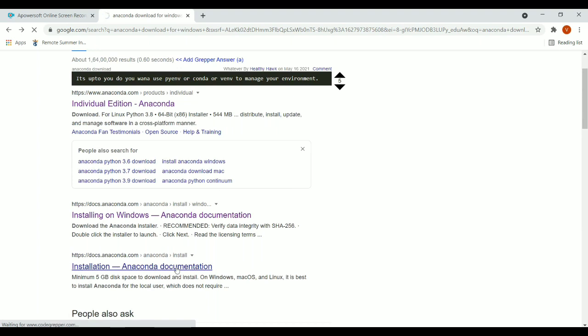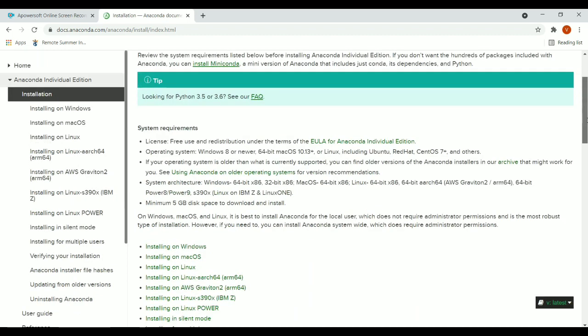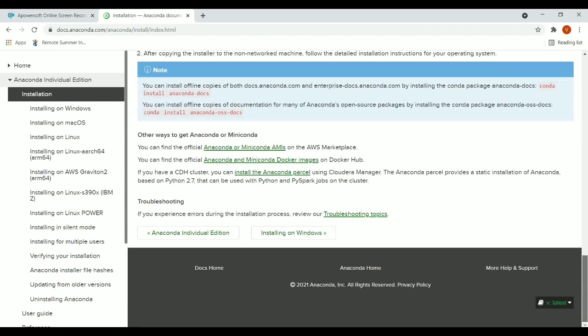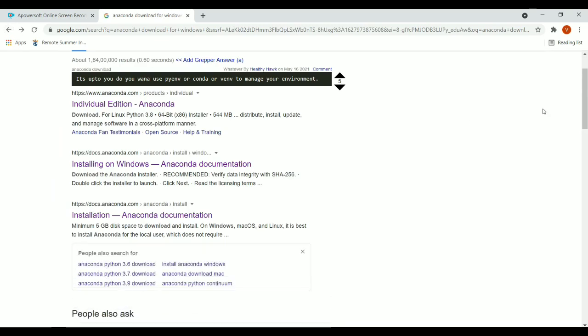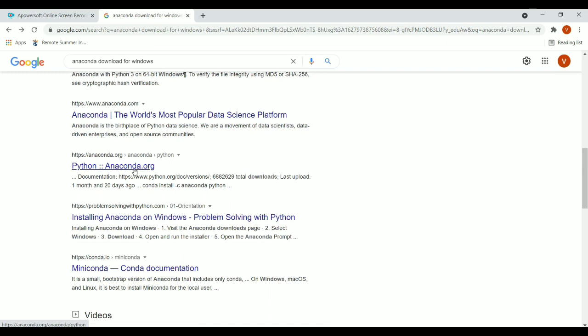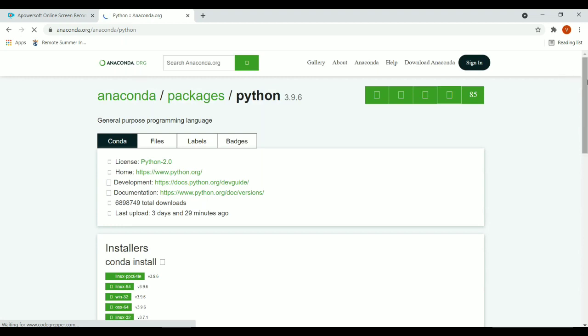After installation, you can access their documentation, which will give you all the details on how to download the packages and how to work on them. For different versions, different installation guidelines are also given on their website. Detailed documentation on Python is also given, including the packages and detailed analysis. So you can go through it and work on it also.